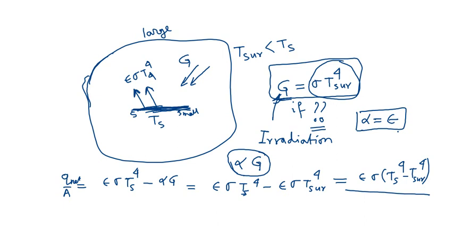In case of conduction and convection, in the expression you will find that there is only a temperature difference. So whether you express it in Kelvin or degree centigrade, it is not going to change your answer. But here remember, you have to express it in Kelvin, otherwise you will be in trouble. Otherwise the problem will be wrong.